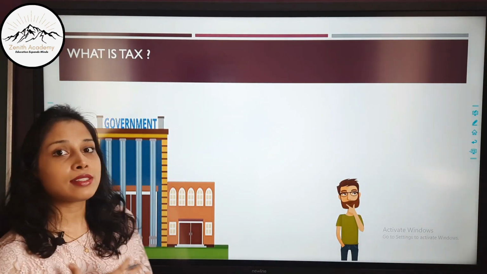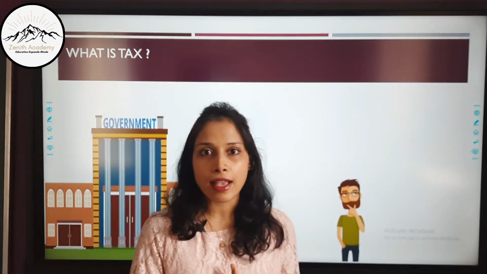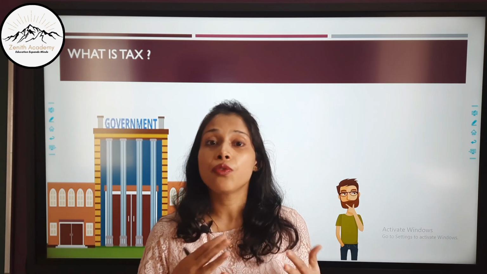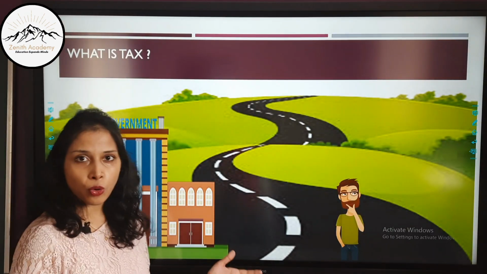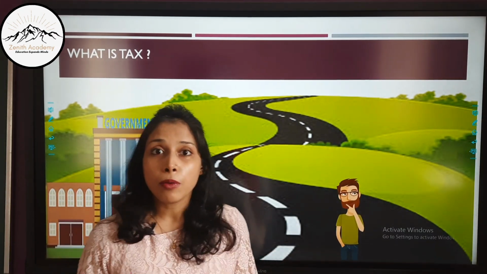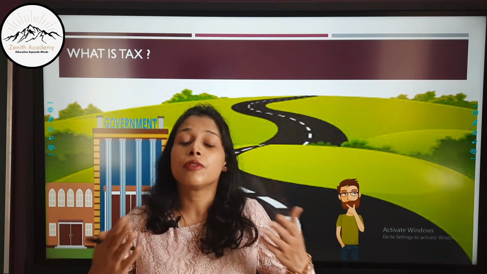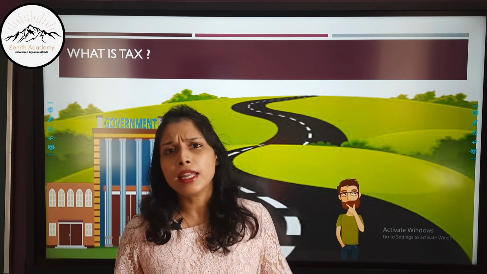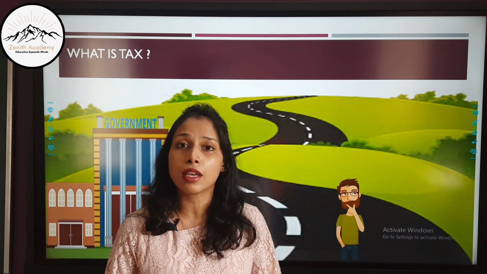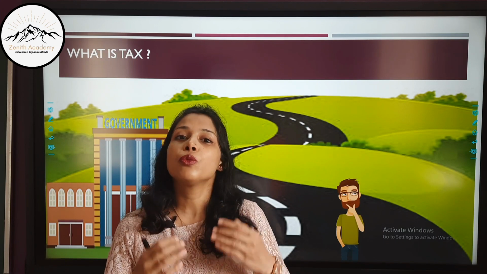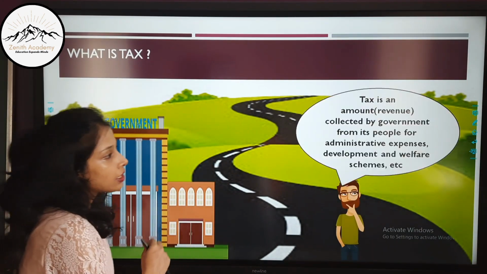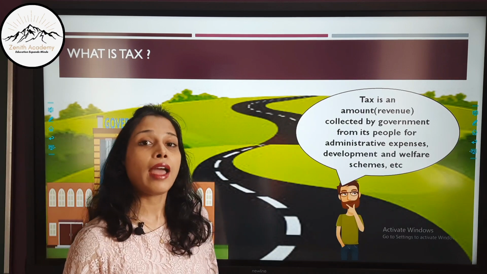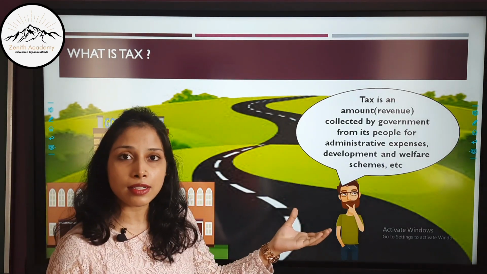Now first we need to know what is tax. See, we know each country has its own government and government needs funds to run the country. But why does government need funds? See, government needs funds to build roads, infrastructure, to develop and maintain educational institutions, to develop hospitals for the welfare of the public, and many other services and schemes it launches for the welfare of the public. So how does government acquire these funds? For that, it charges tax from people in the form of revenue, and that is where it acquires its funds.